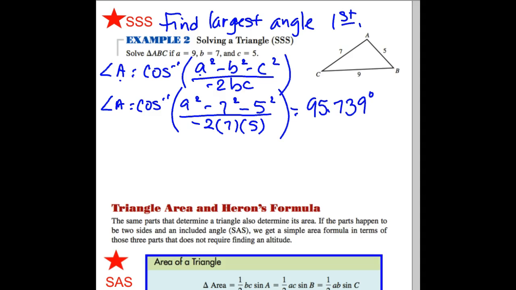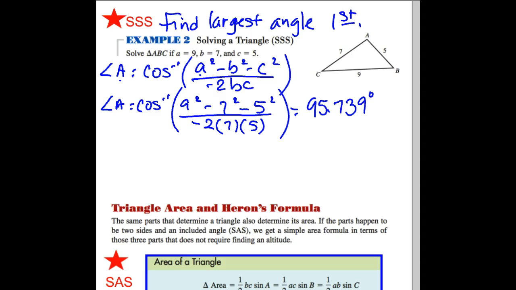Yes? Okay. At this point, because we started and found the biggest angle, if I know that angle A is 96 degrees, what do I have left for angles B and C? About 84, right? And if I have to split that between two angles, we know that both of those are going to be acute, right? So there isn't that question of, is it looking for the quadrant 1 angle? Is it looking for a quadrant 2 angle? So because we found the largest one first,